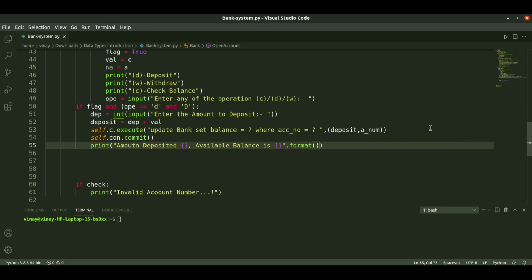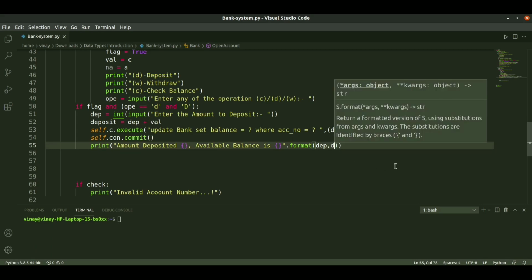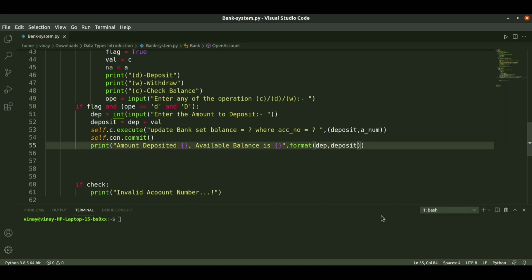So I will pass the deposited amount, total amount, sorry. The amount deposited is the amount the user entered to deposit, comma, available balance is the total updated balance, that is deposit, comma deposit.